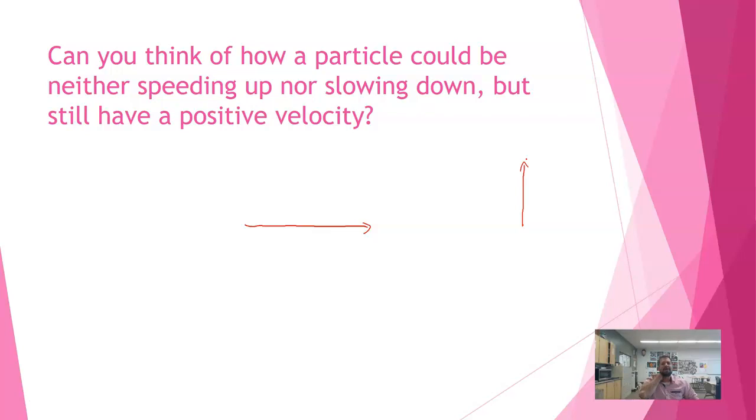But if I want to know how a particle can not be speeding up or slowing down but still moving in that direction, all that would mean is there's no force pulling it in that direction. In other words, if the acceleration is 0, you can still be moving in a particular direction, you're just not speeding up or slowing down. And so that's an important idea to understand, that acceleration is a force, but it doesn't govern what direction you're moving in. It just causes you to speed up or slow down when you look at what's going on with